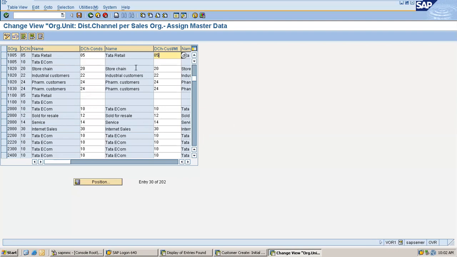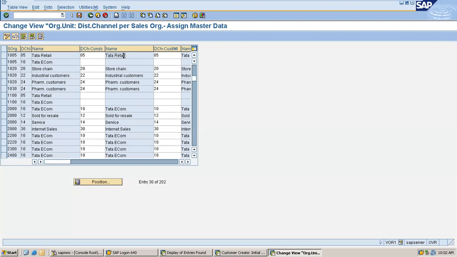Then there is another function of maintaining common distribution channels: it saves master data maintenance effort. We will see that option later. At this point it is too early to talk about that because you don't know what master data is at all now. Once we start sales processing, remind me once, and I'll explain common distribution channels again.